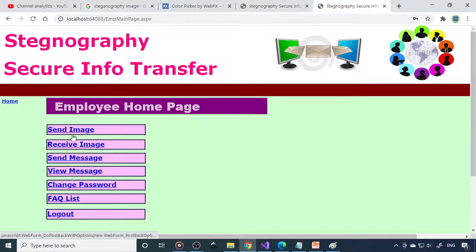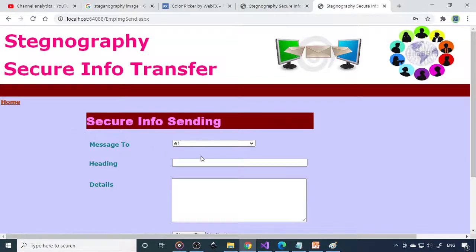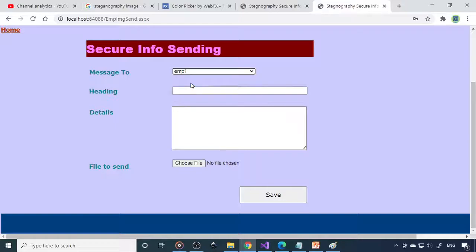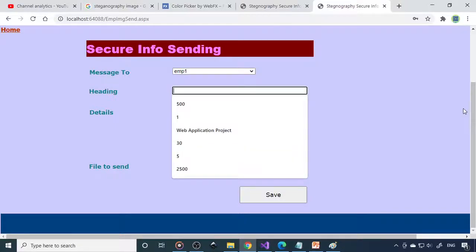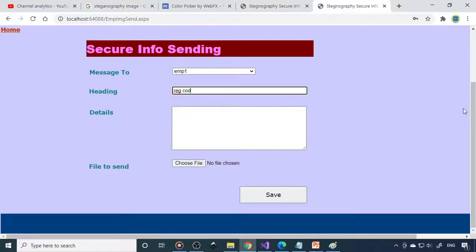Let me save this, and if you come back, you can refresh it now. Now it's done. Okay, so here is send message. Now you want to send to employee 1, and what is the message? Regarding secure code, use it to open the locker 001. Fine. So now we record a file, which should have the code actually.